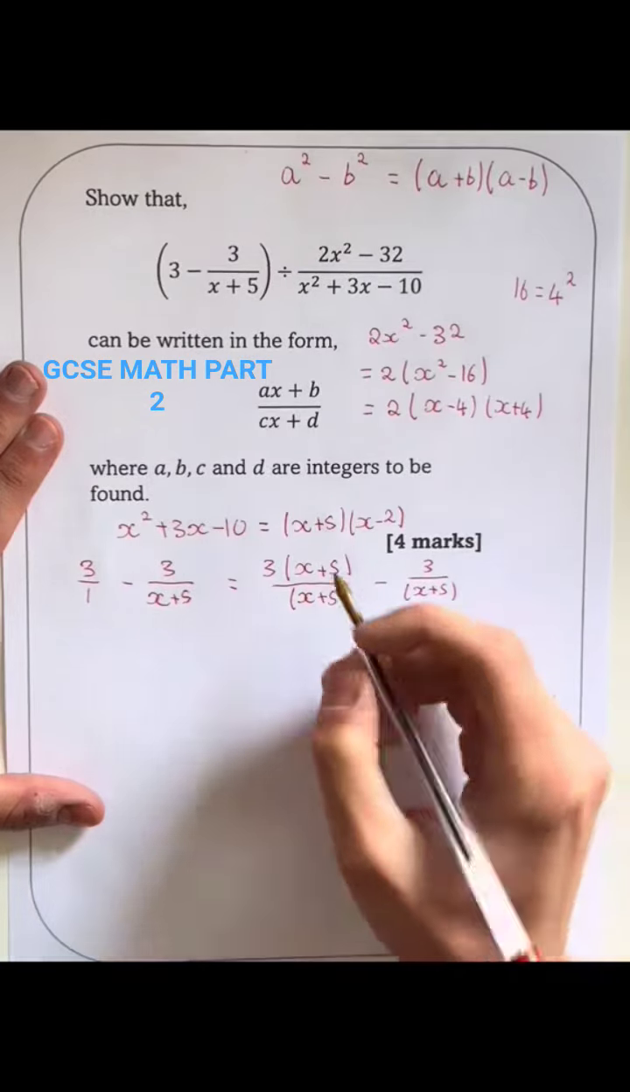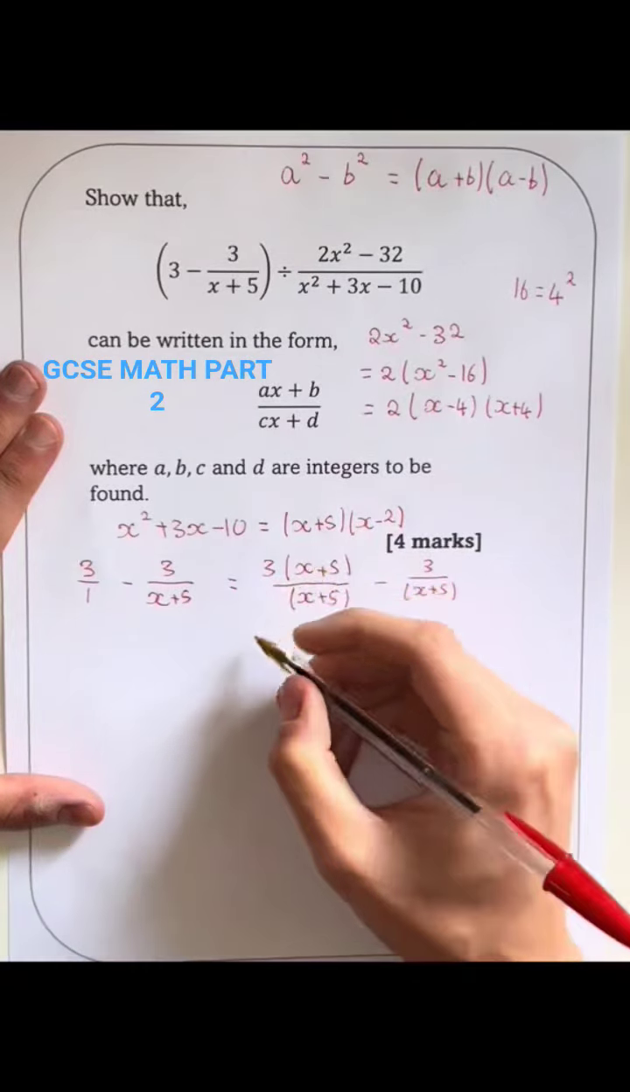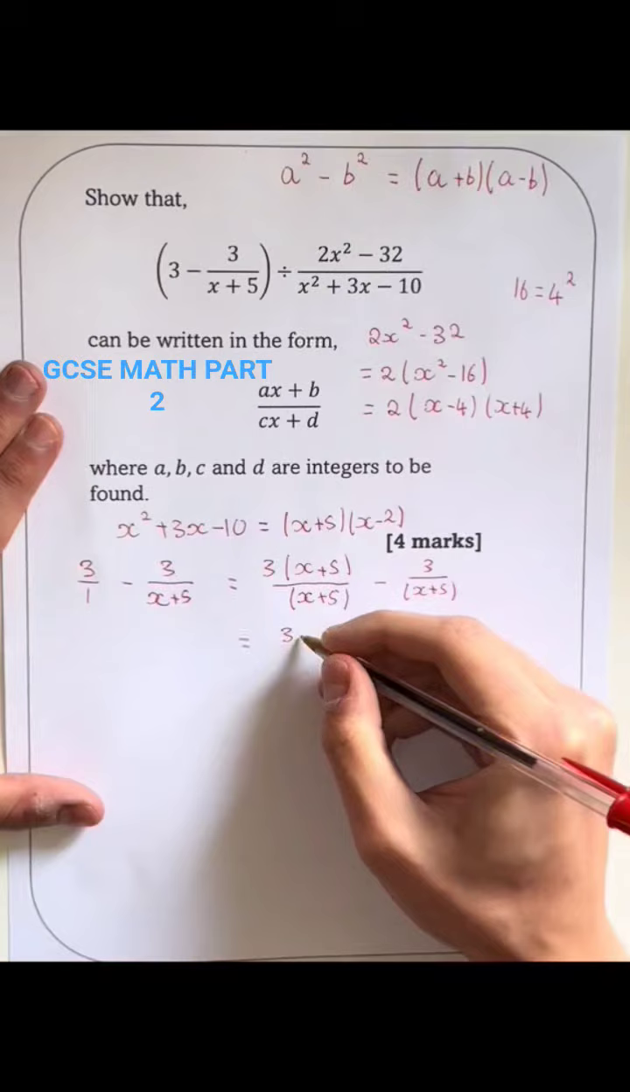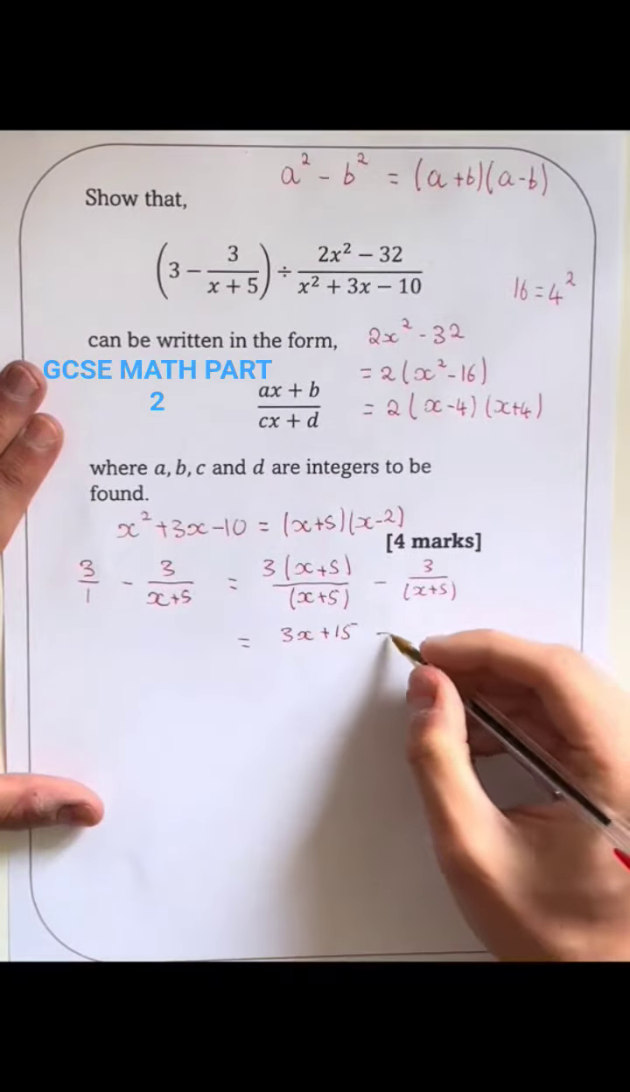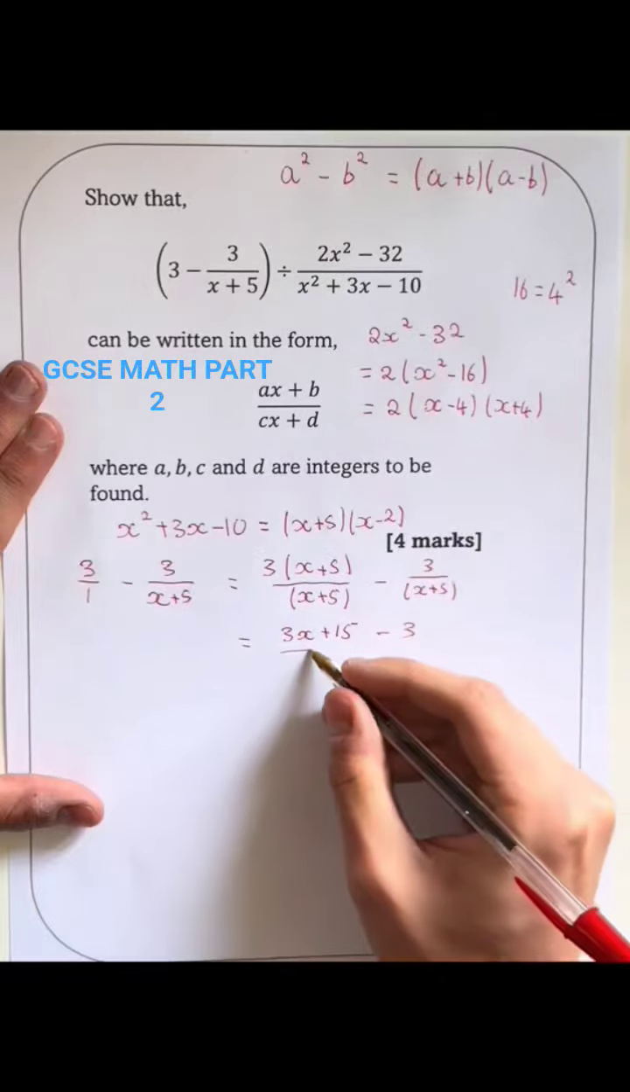I can go ahead and subtract them. But also I'm going to expand this numerator at the same time. So what does that give me? That gives me 3x plus 15. And again, I'm writing it over one common denominator now, but I have to subtract this 3 because I'm subtracting this numerator over